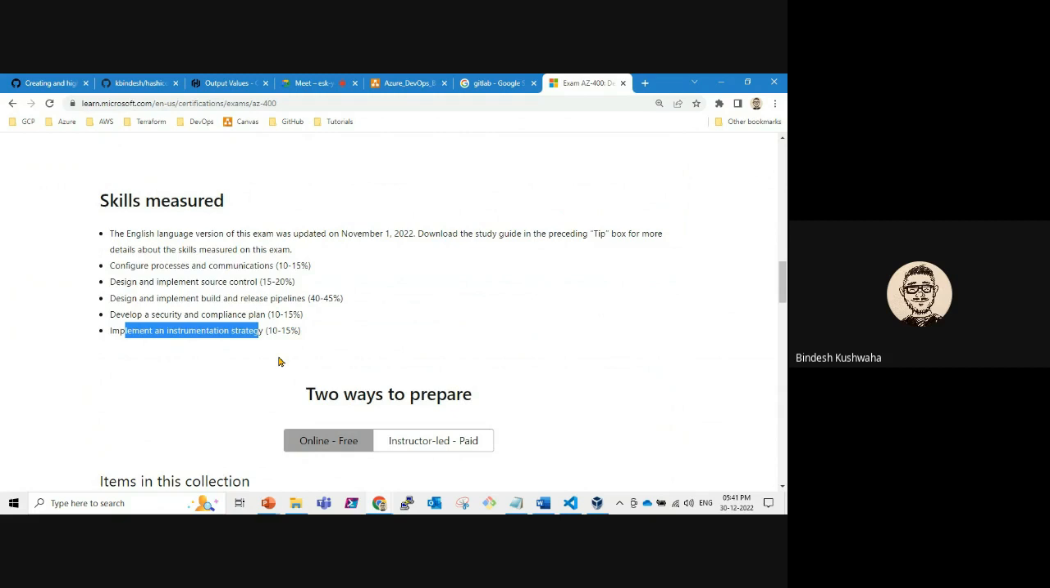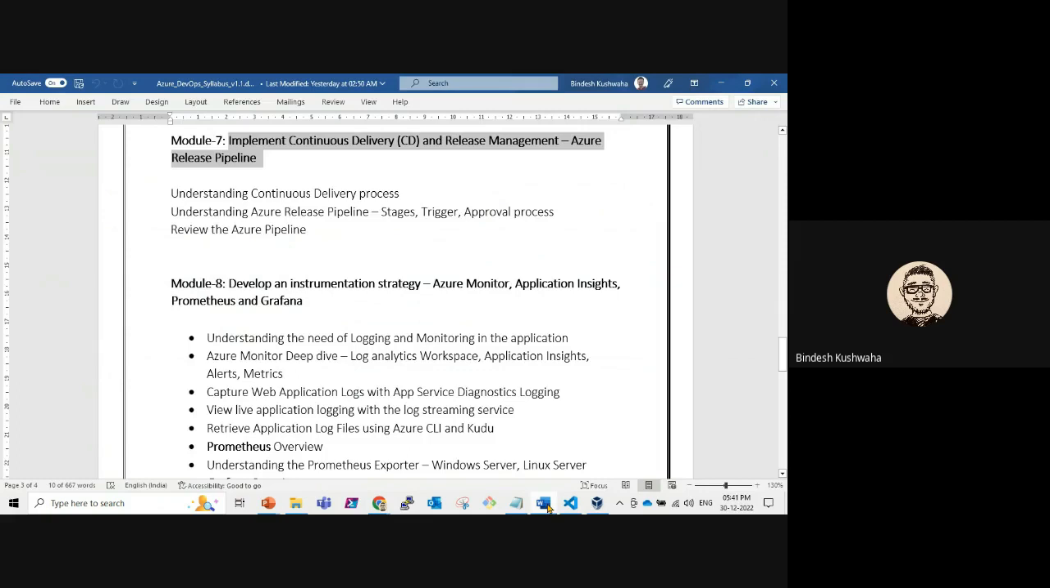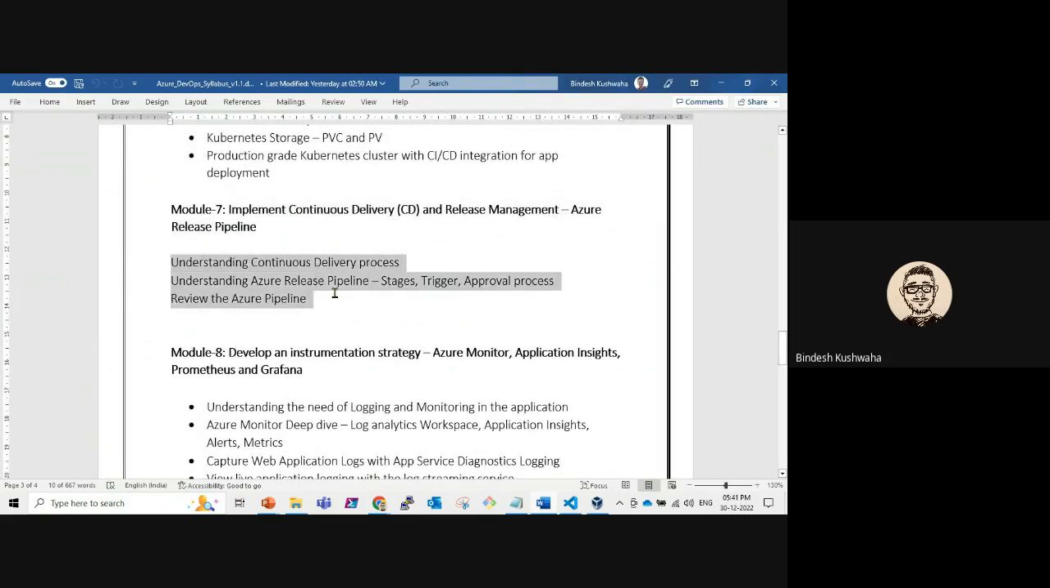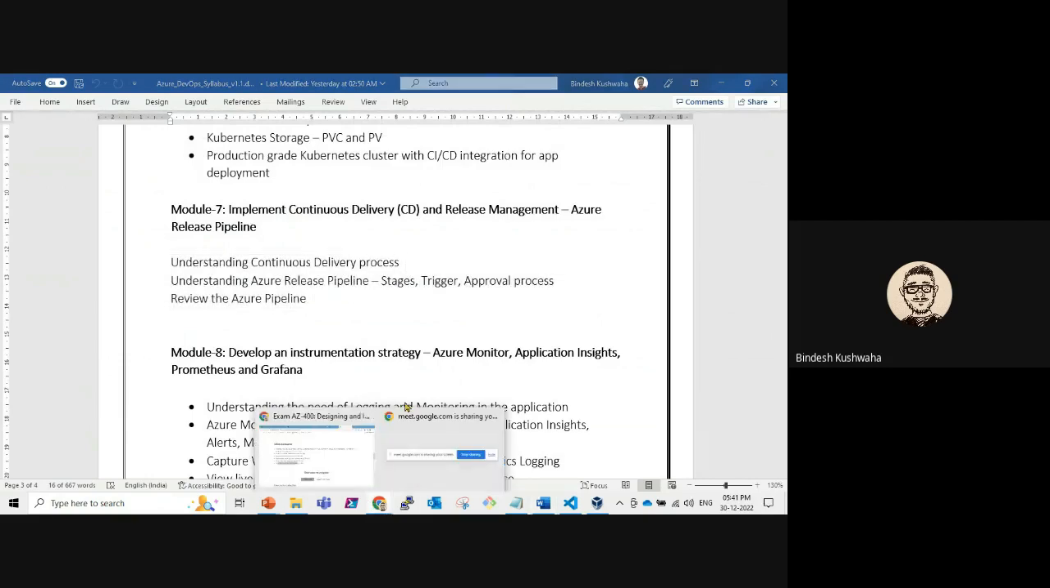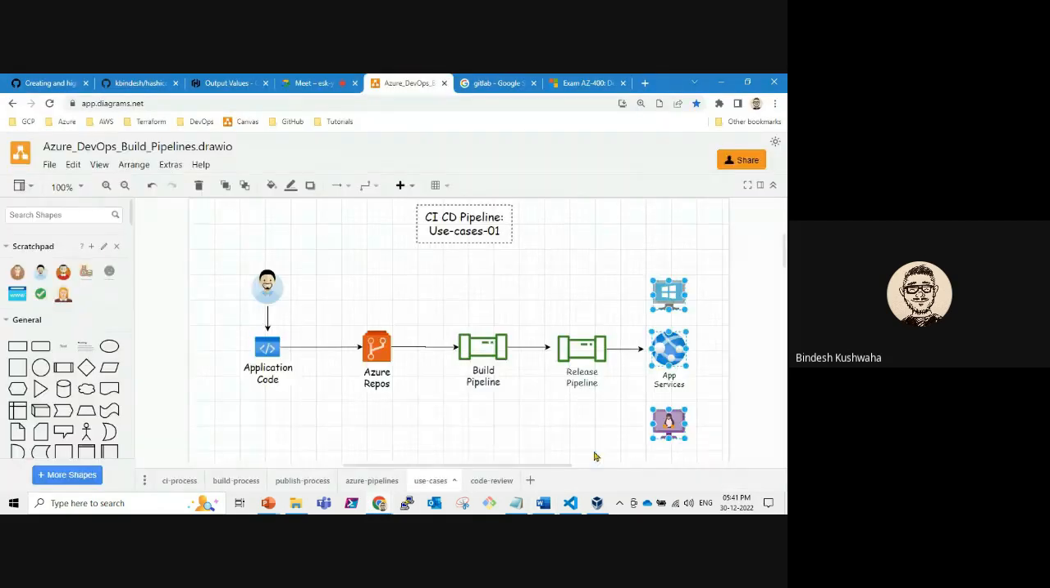Along with that, you are getting 3 extra modules in which we will explore container services. And in module number 7 we will explore the release process. Release process means, if I have to explain it in this diagram,